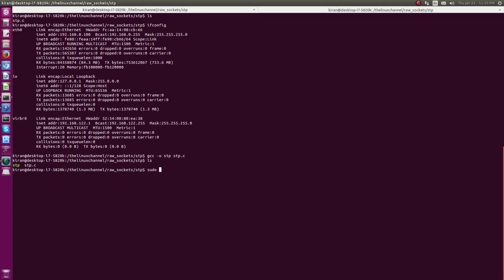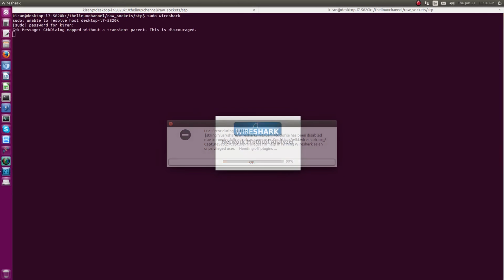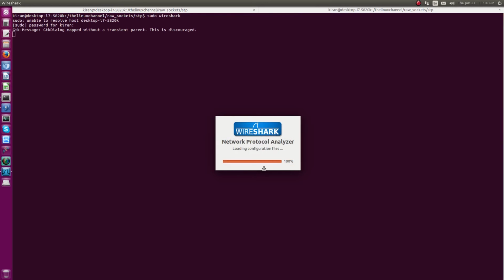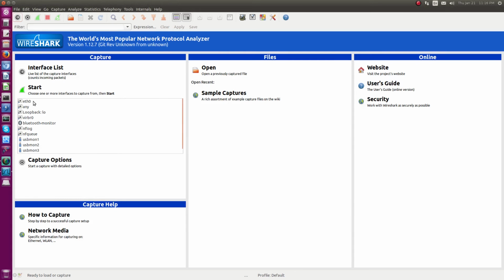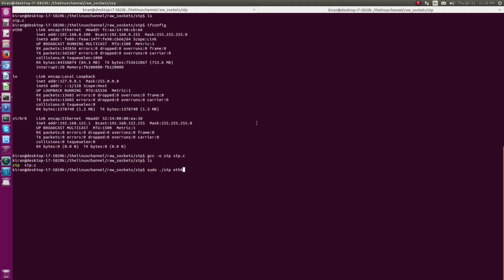So sudo ./http is0. So just before executing this, we can start Wireshark, sudo Wireshark. So we can capture is0 interface, and we can execute this code.